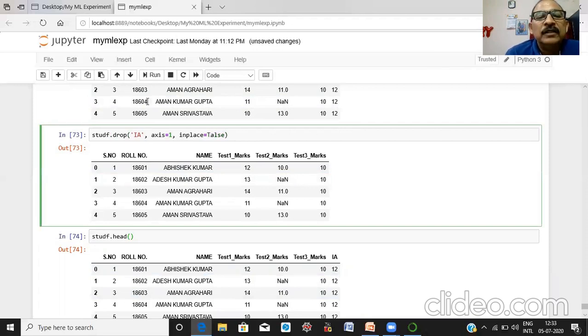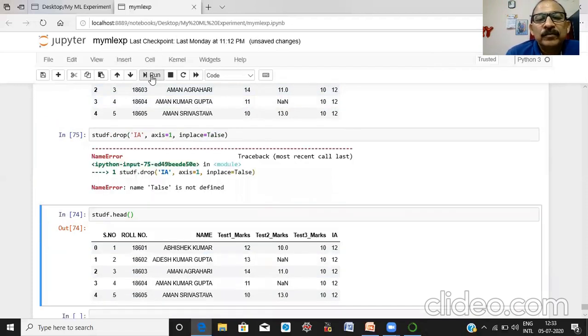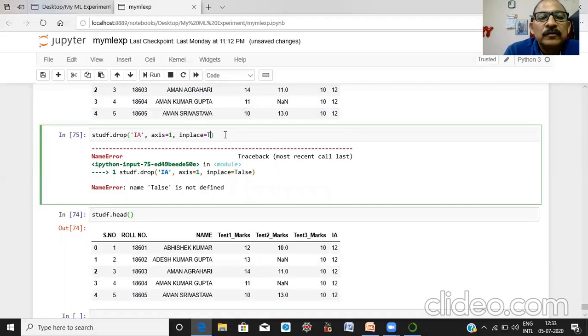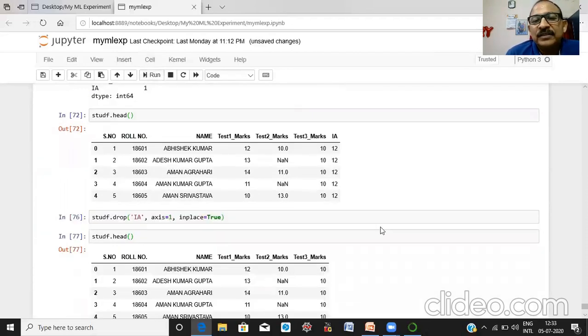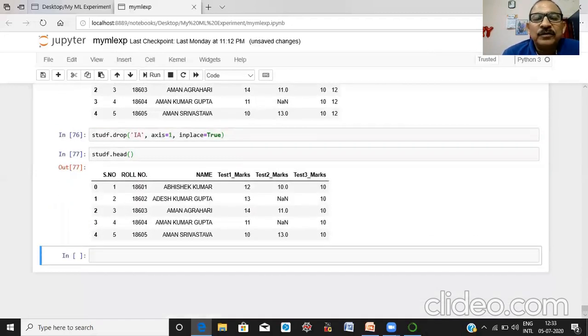True. Let us see. Run it. Now it is removed from your data set.